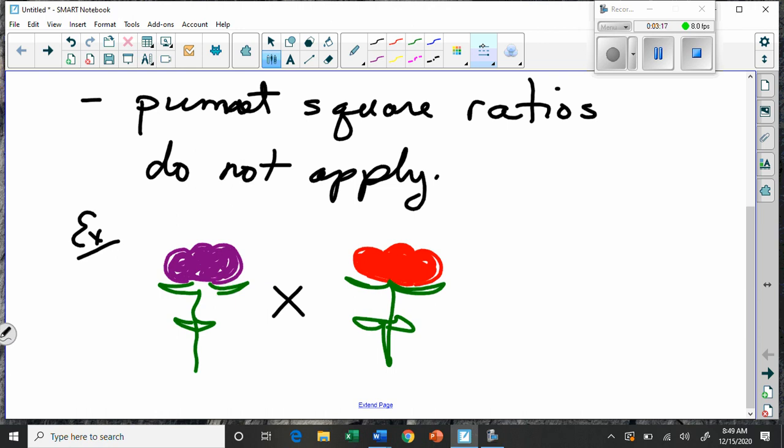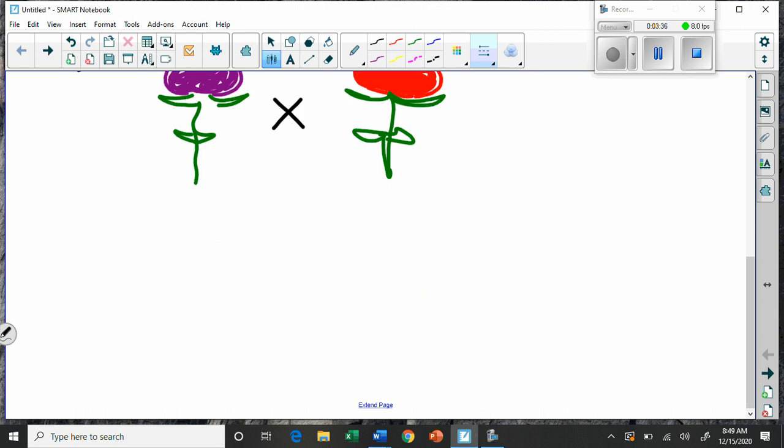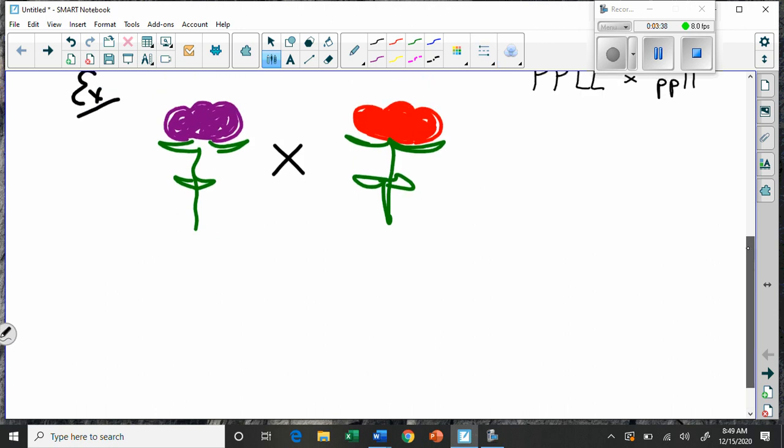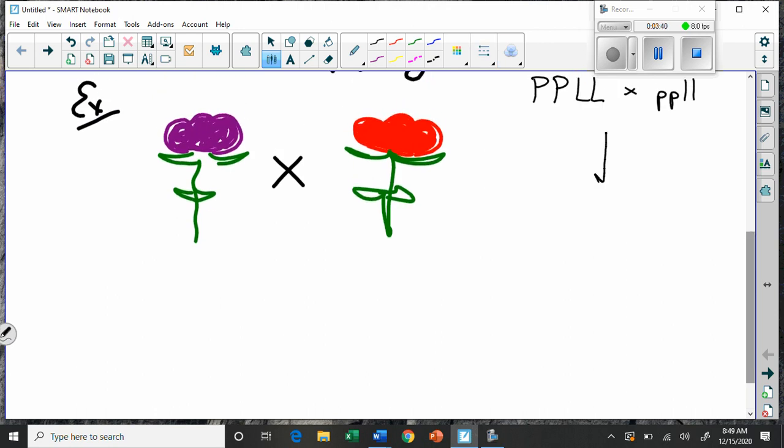Those are two traits that these flowers have. And so if we take a homozygous dominant flower in both cases and cross it with the recessive condition, right? What we would expect to get in the first cross are genotypes of